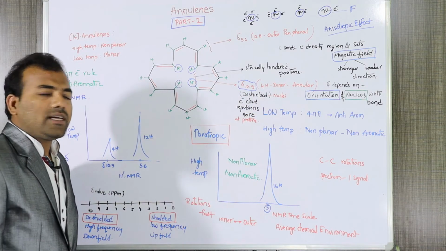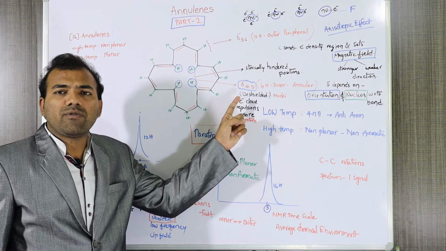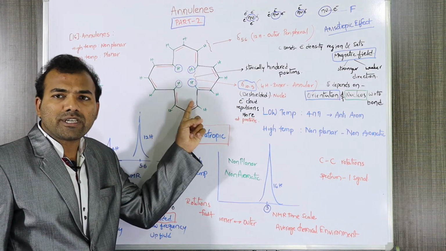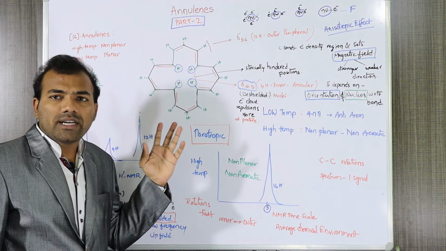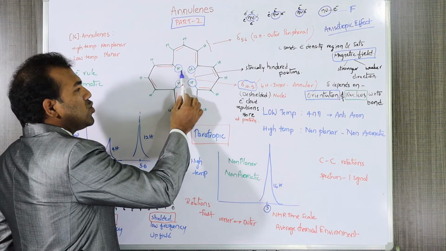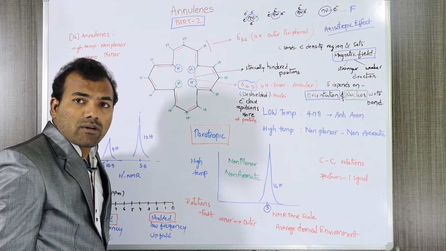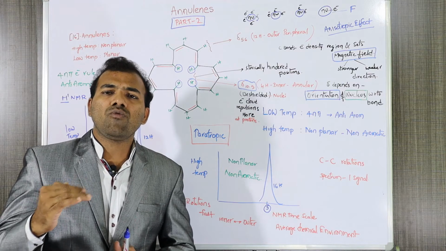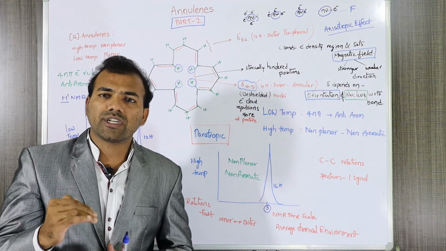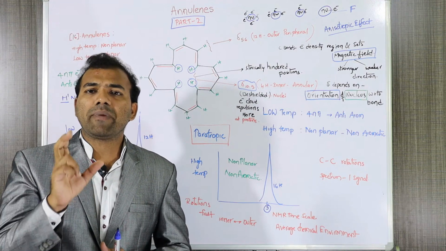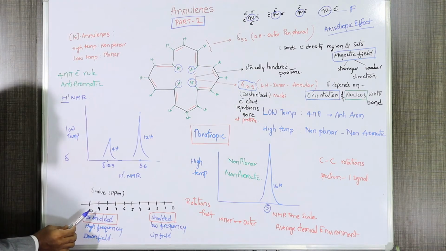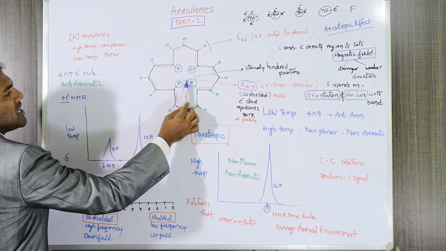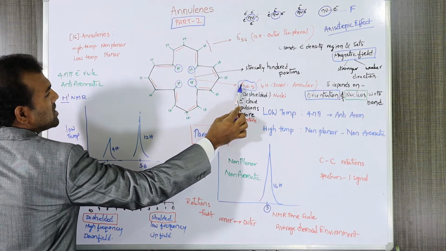Okay, so why is such a high chemical shift value observed at these 4 annular hydrogens? Because we have already discussed that due to the van der Waals deshielding concept, or due to these repulsions, the electrons will move far away from the nuclei of hydrogen, so that the hydrogen atom will become deshielded. It has a higher value of chemical shift. So these 4 hydrogen atoms represent a 10.5 chemical shift value.